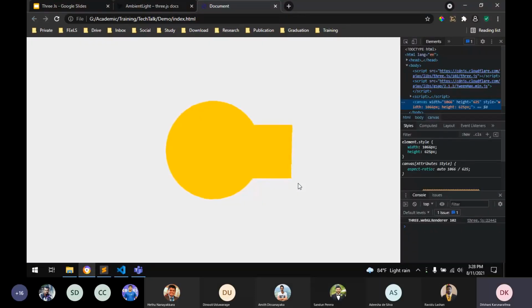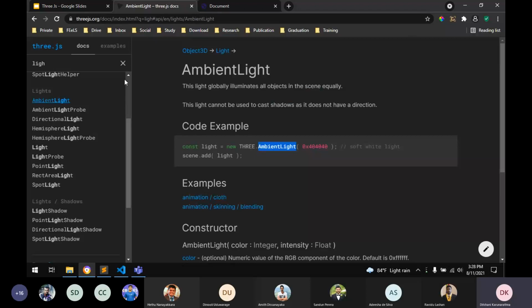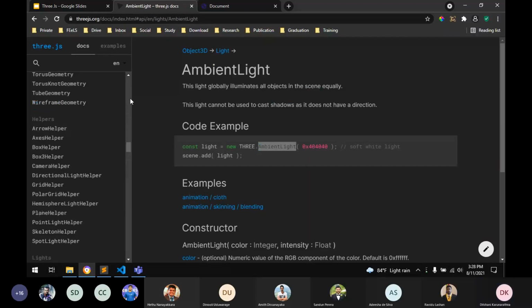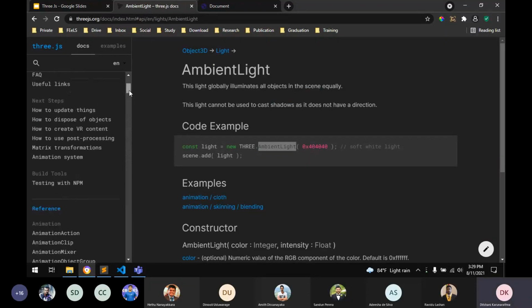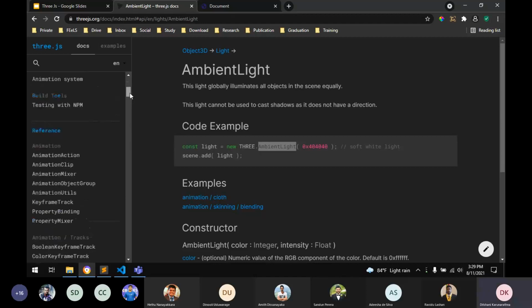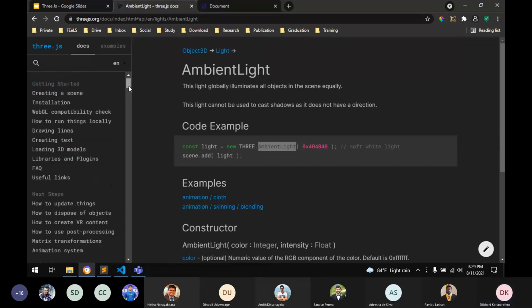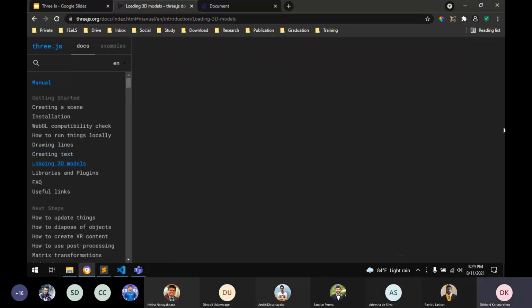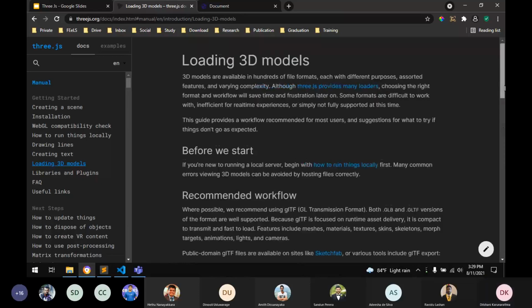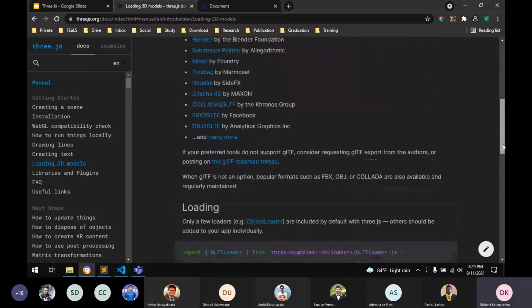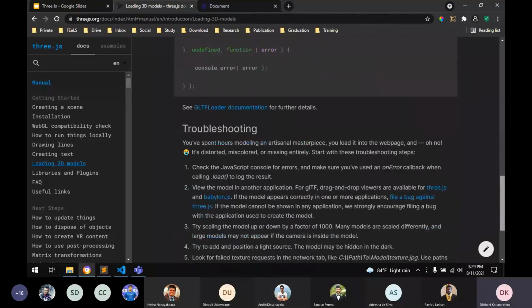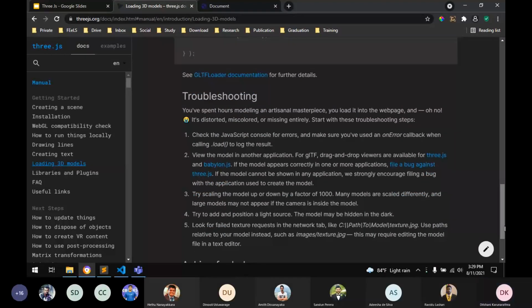This way, you can create more complex objects by combining primitive shapes, and also you can load 3D models to the scene. There is descriptive documentation, so you can load 3D models in the scene also.